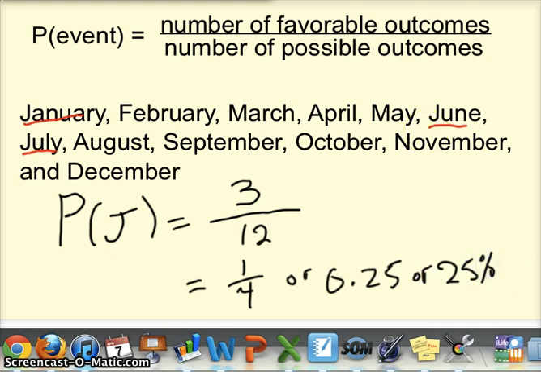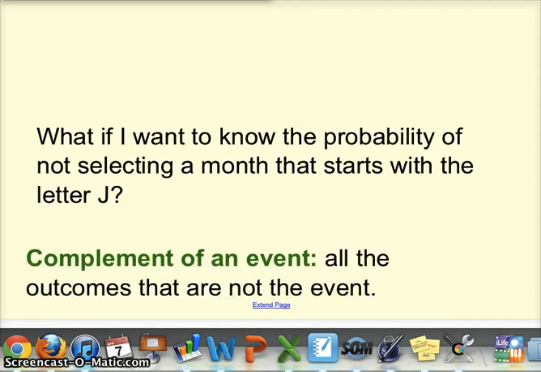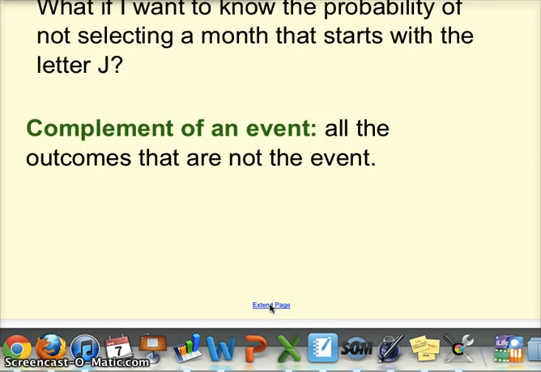Now, what would happen if instead of finding the probability of selecting J, I wanted to find the probability of not selecting J? We call this the complement of an event. That means I'm looking for all of the outcomes that are not the event that I was originally looking for. So to find the probability of not finding J, I can write the probability of not J